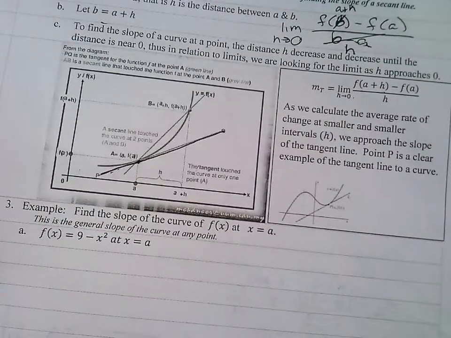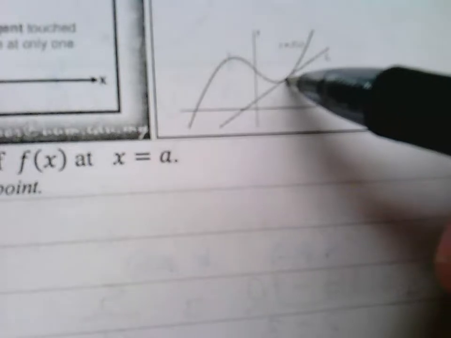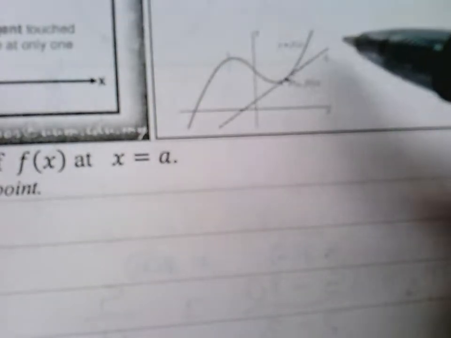So as we calculate the average rate of change at smaller and smaller intervals h, we approach the slope of the tangent line. Point P is a clear example of the tangent line to a curve. So here's our point, and our tangent line just kind of glides right off the point, like that. Okay, so let's find the slope at the point of the curve for this function. So we have m equals the limit as h approaches 0 of f of a plus h minus f of a